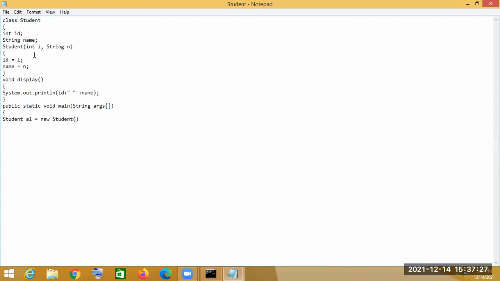मगर देखो इधर हम क्या किए, पैरामीटराइज्ड कंस्ट्रक्टर यूज किए। तो ब्रैकेट के अंदर आईडी और नेम की वैल्यू डालना पड़ेगा। एक पैरामीटर इंटीजर टाइप का है, एक पैरामीटर स्ट्रिंग टाइप का है। तो मानो हम आईडी 1 दिए, और नेम में दिए अजय। ठीक है, ये एक गया।